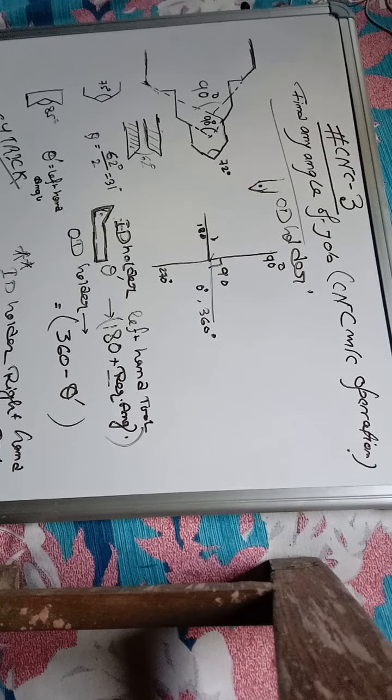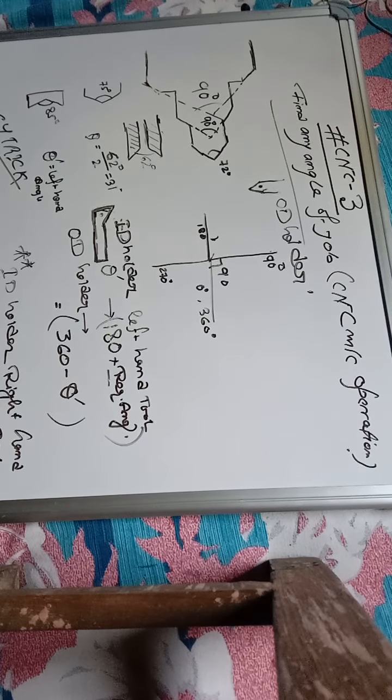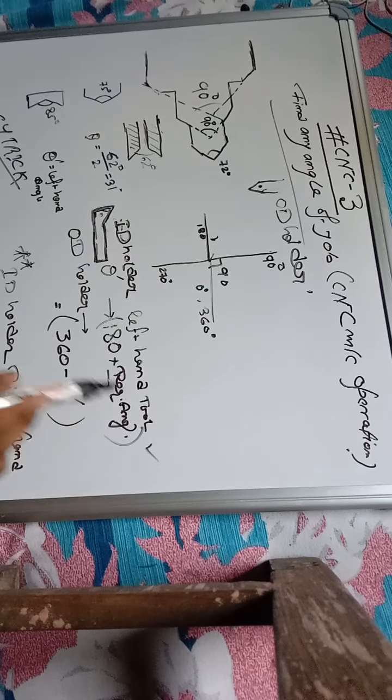Before this topic, I have done two topics on CNC that are somehow related to drilling operations. Today, my topic is how to find any kind of angle of a job which will be operated in a CNC machine, in case of mass production. You can find it easily in the following steps. I will discuss two methods to find the angle. One is a conventional method, another is an easy method.